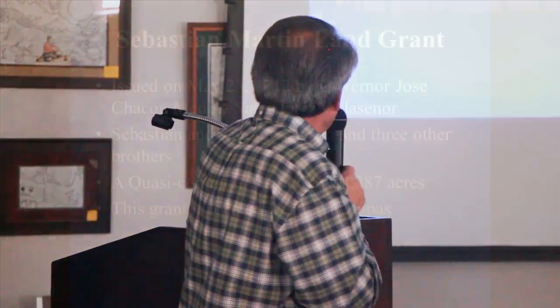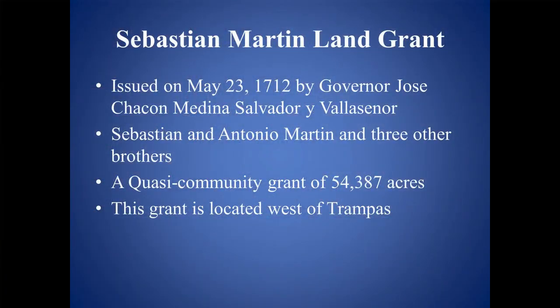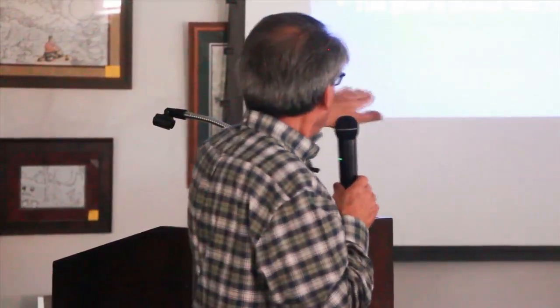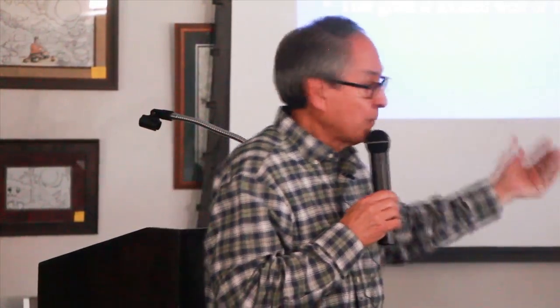Go ahead, Bill. The Sebastian Martin land grant. This is one, and I can't remember, he is like a three-great-grandson of the first Hernan Martin Serrano, who came in with Oñate in 1598. But this is in the area around Trampas, just west of Trampas. In fact, he gave some of his property to the people that wanted to settle in Budo without any dispute. He knew people needed more property, so he helped out his compadres and gave them some property.